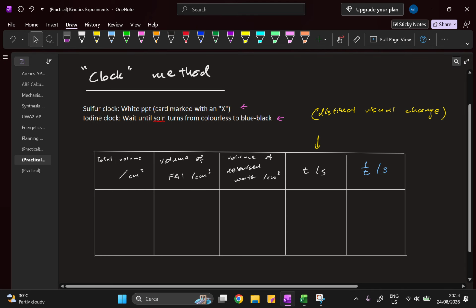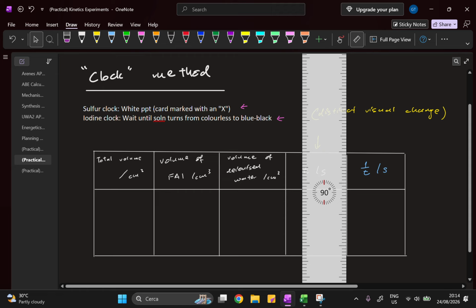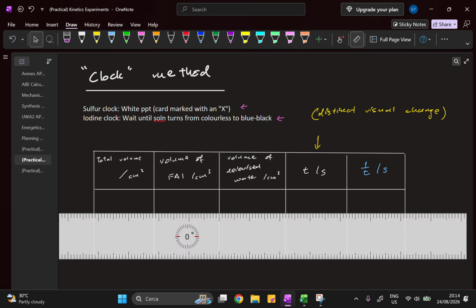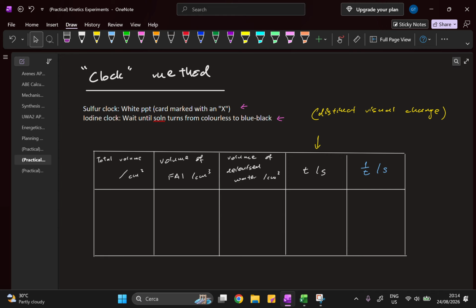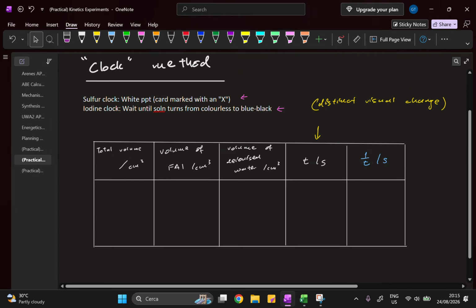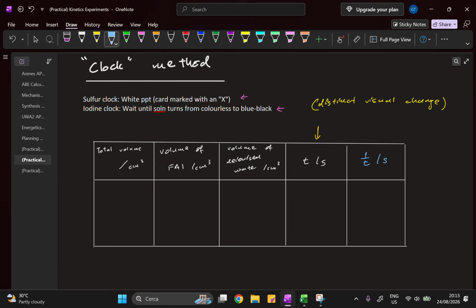I don't think you will ever get a clock experiment that's so fast you need to record to greater precision than that. So therefore, the 1 over t is also going to be to the nearest second. So if your seconds got 2 SF, like let's say 10 seconds, 12 seconds, then your 1 over t, you cannot give, so 1 over t is 0.1 something, something, something. No, if your t, this column is 2 SF, this one by right should also be 2 SF. Okay,